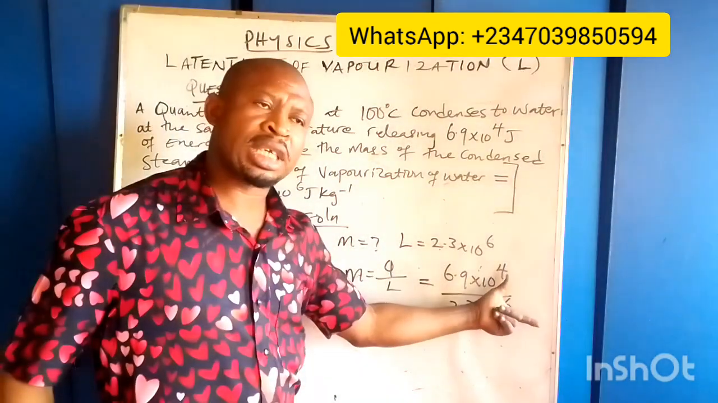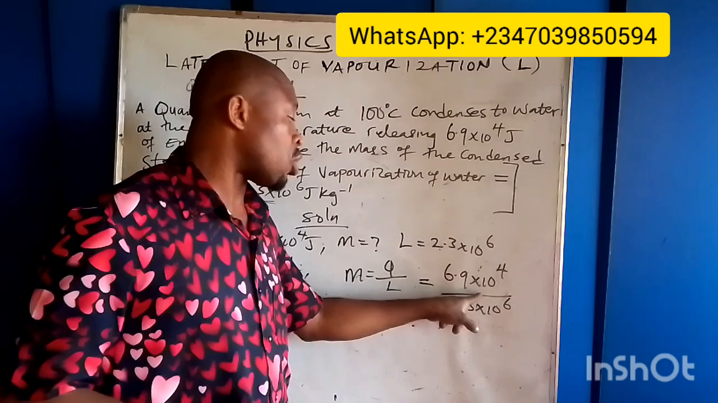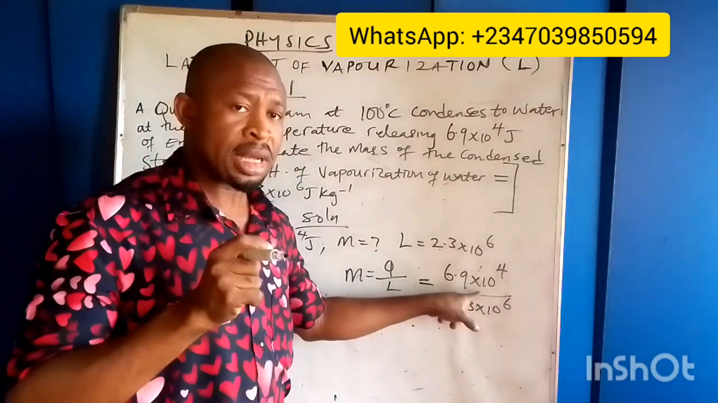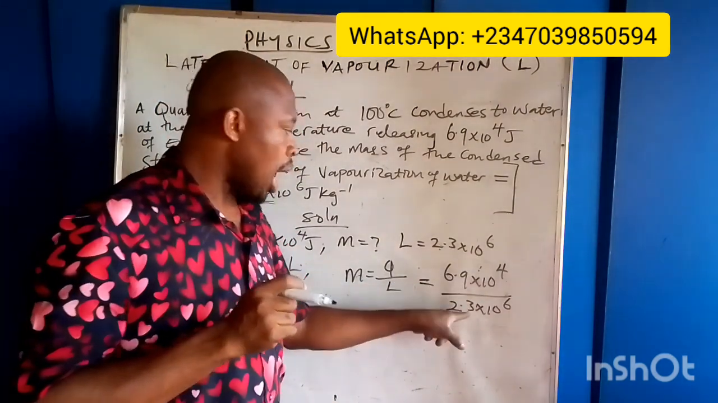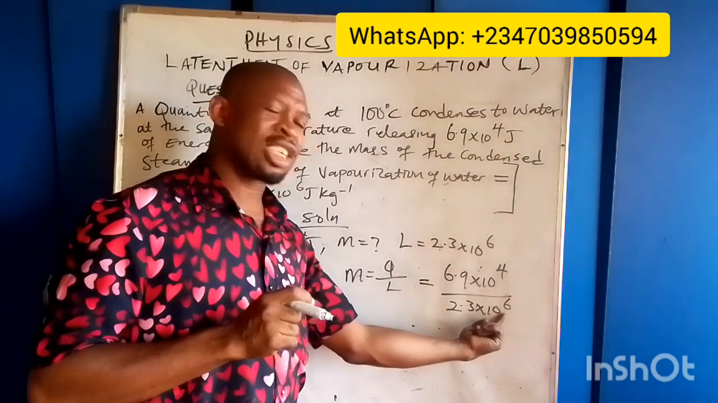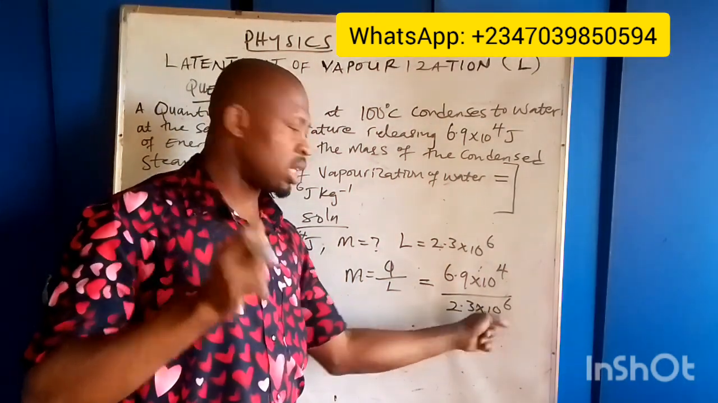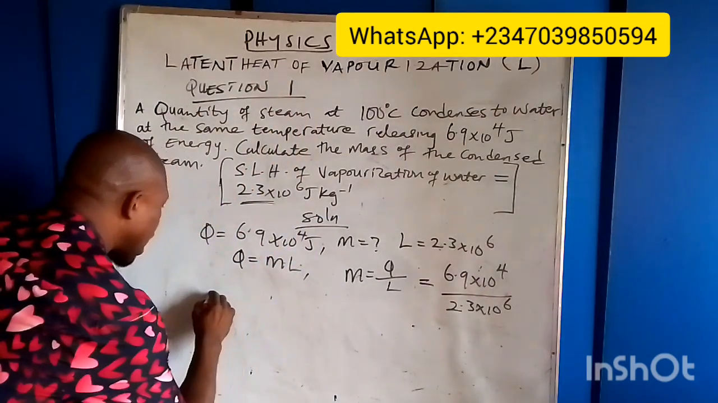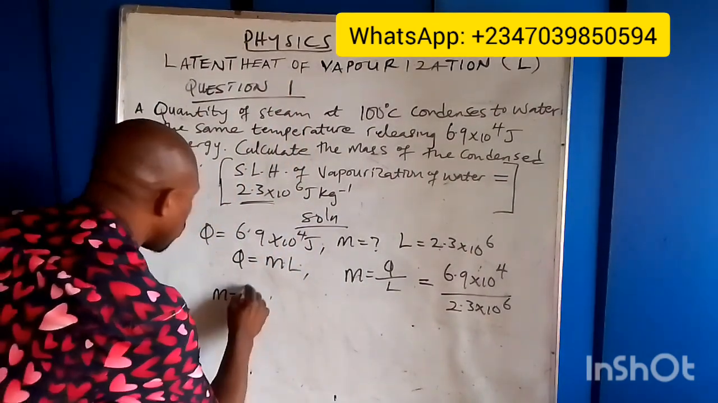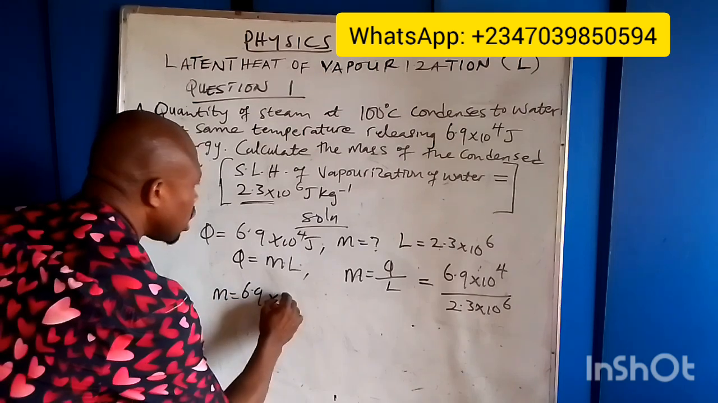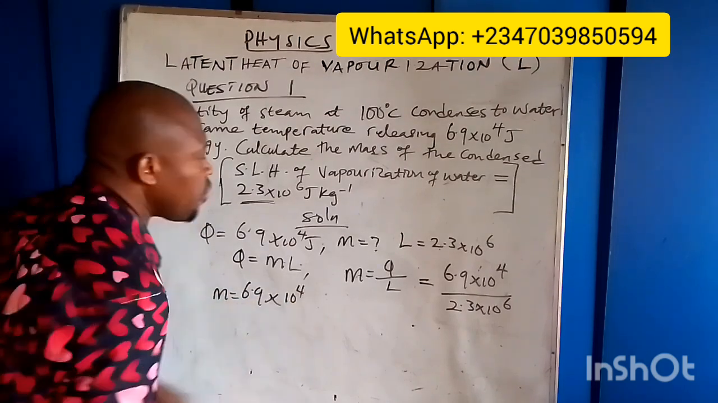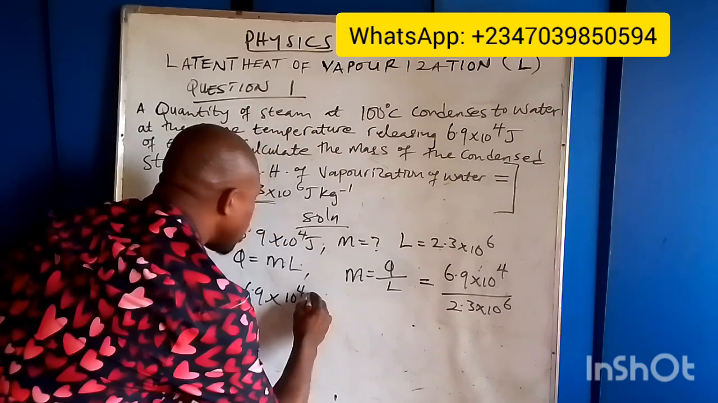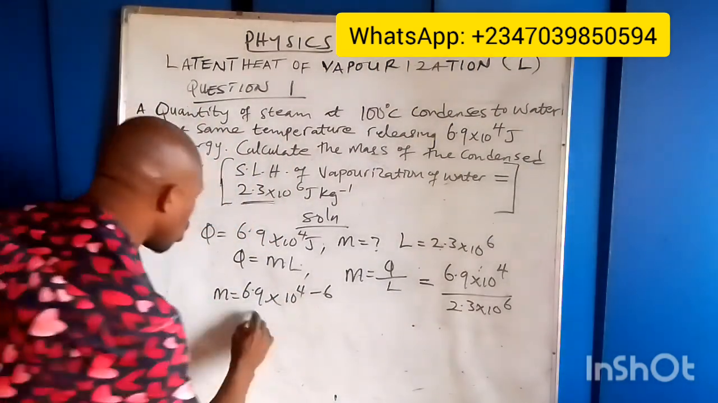How do we do this? Because if you just press your calculator, you may get a wrong answer. This one is index numbers, so we apply the laws of indices. Send this one up. If we send it up, we now have that m is equal to 6.9 times 10 raised to the power 4, and if we send this one up, it becomes minus 6,